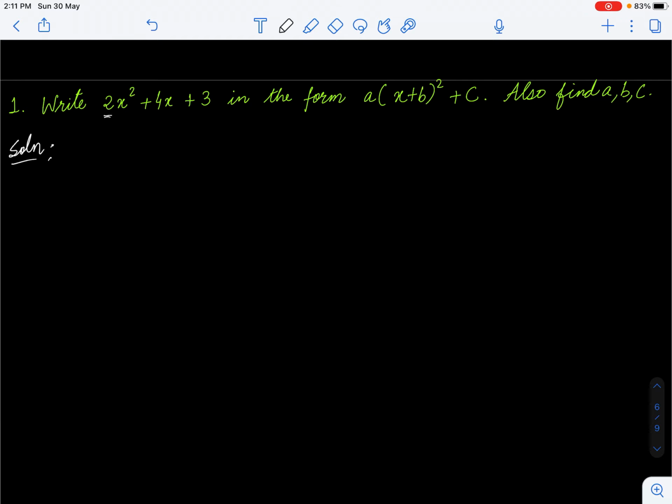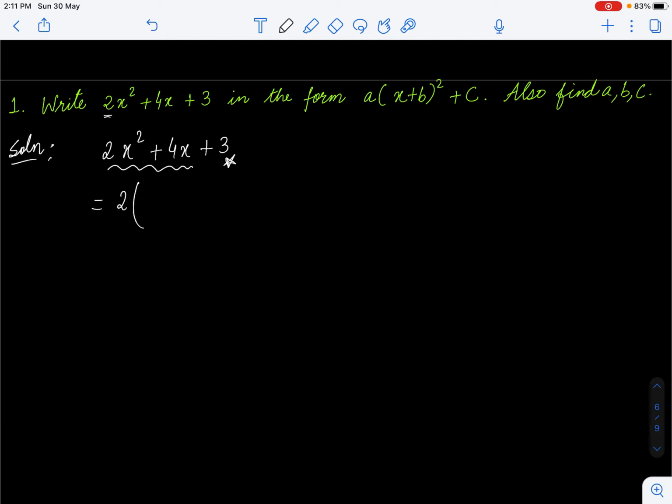So what you are going to do is first make sure that, when you apply the method that we learned in part 1, the coefficient of x square is 1. But unfortunately here they have given 2. So the first step is you will take 2 out from these two terms, because whenever we are making a perfect square, we make it in x terms. We don't do anything with this 3. We keep this 3 as it is.